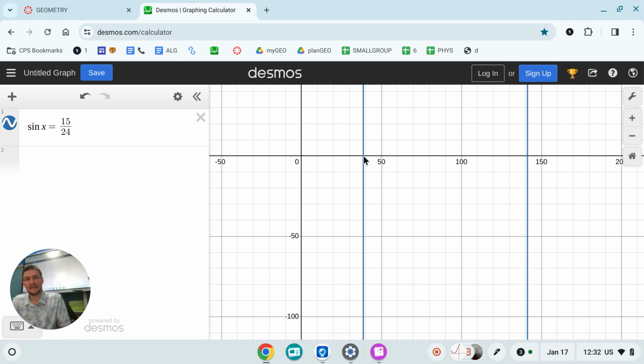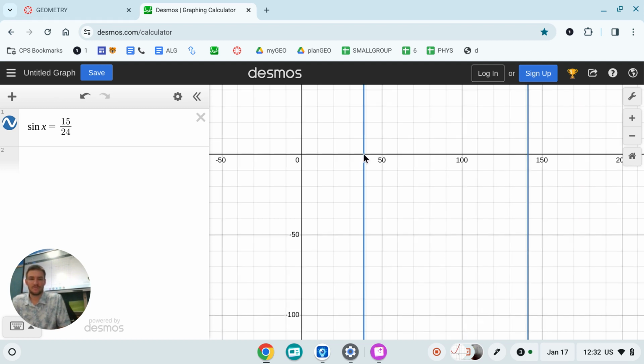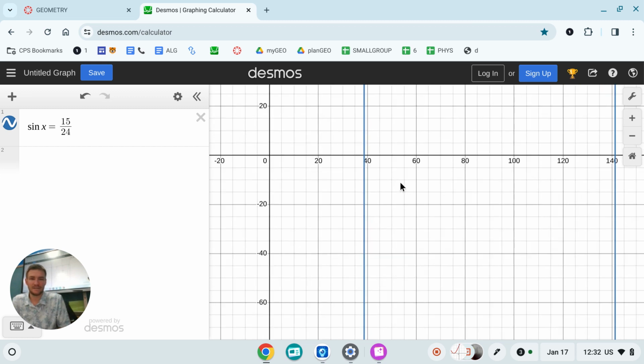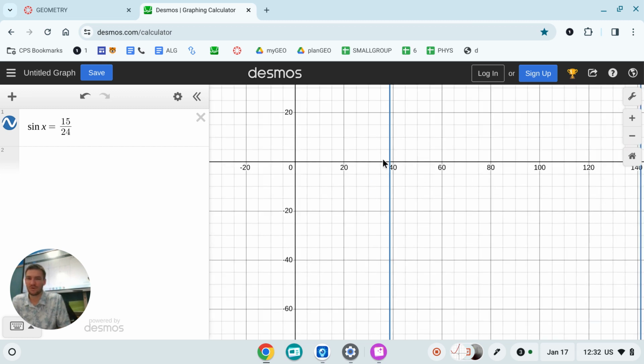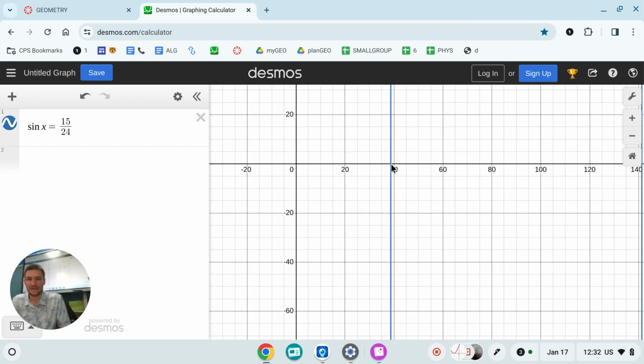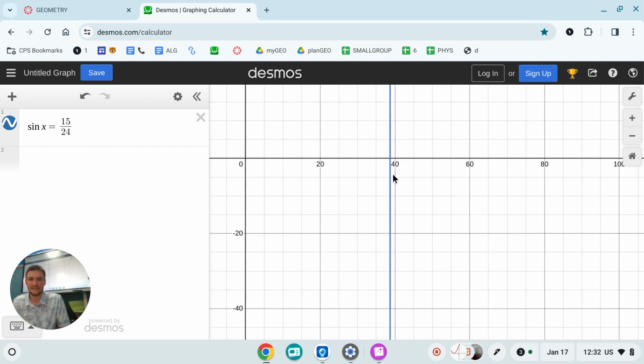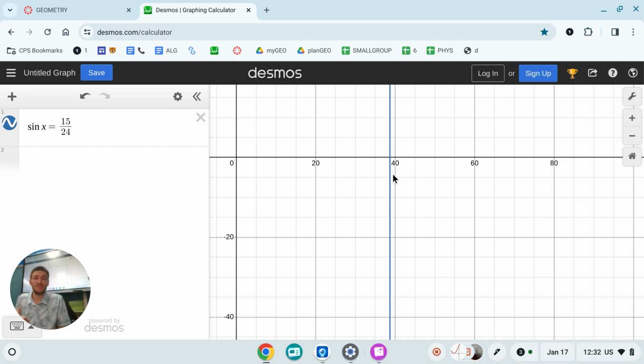Unfortunately, we kind of run into this issue, okay? We have another thing where Desmos is not really working for us. Desmos is not allowing us to select this dot. It's not allowing us to just pick exactly what it is. It definitely looks like it's almost 40. Maybe it's 38, maybe it's 39, but we can't just guess. So, how are we going to figure out exactly where this is? We are going to need to use, if you look on the notes,